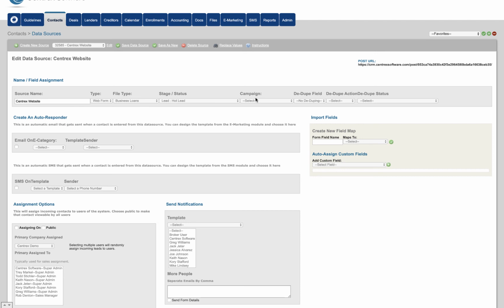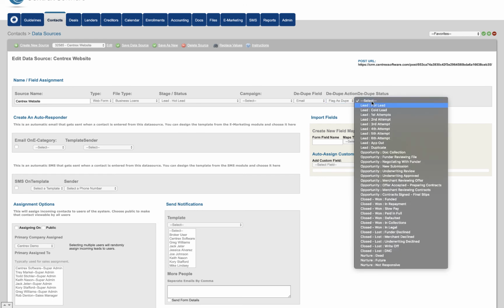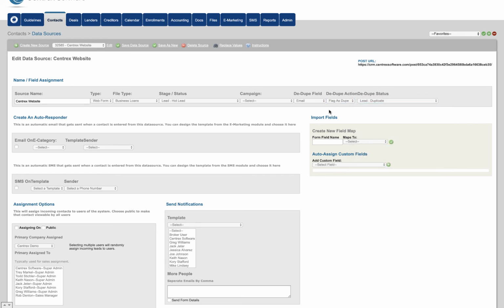Is it associated with a campaign? Do we want to run some dedupe? What's the dedupe action? And if we do flag as dupe, what status do you want to put that duplicate lead into? So if you're buying leads from some lead provider and they're sending you data, you can dedupe by email, for example, and you can come in here and flag as dupe, and then you can shove that lead into a duplicate status so that you can go ask for refunds for any duplicate leads you may have purchased